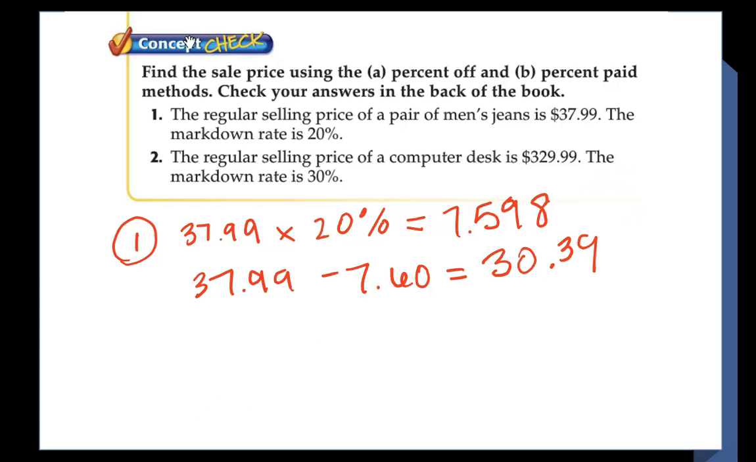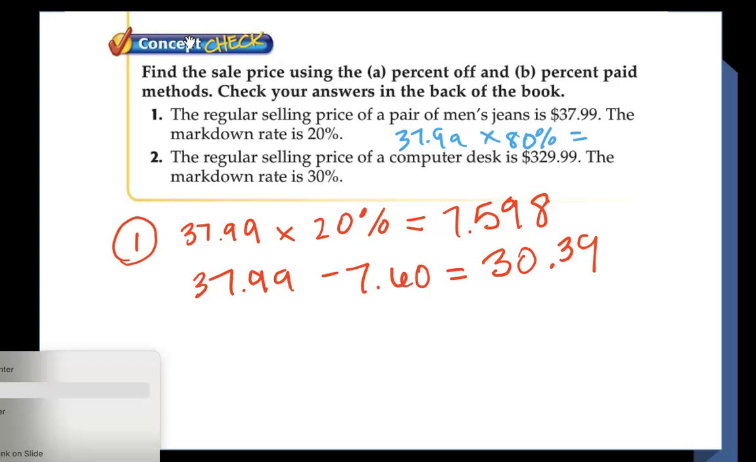Now, you should have gotten this answer if you did it the other way, which would be taking the $37.99 times 80%, and you'll get the same answer. So, number 2,